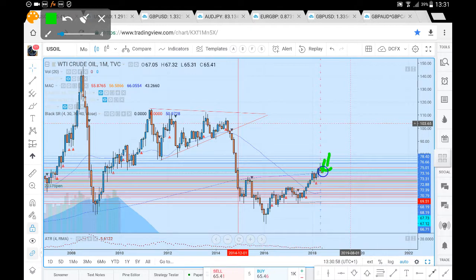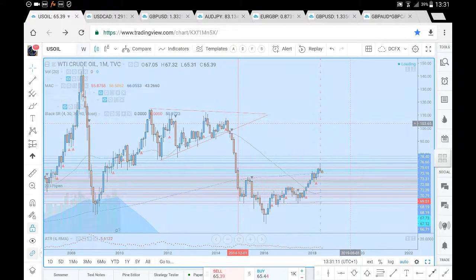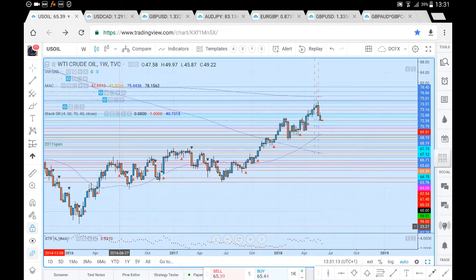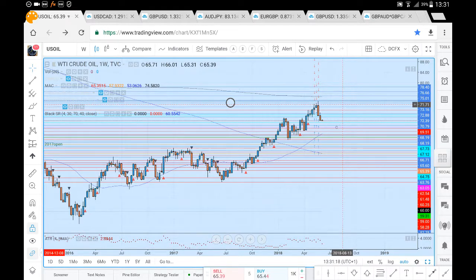So there remains a possibility of seeing further retracement to the downside before finding support and seeing upwards recovery, upwards momentum return to the market on US oil. What we'll do now is have a brief look at the weekly chart. As you can see on this weekly chart, we've had a strong move to the upside, after which